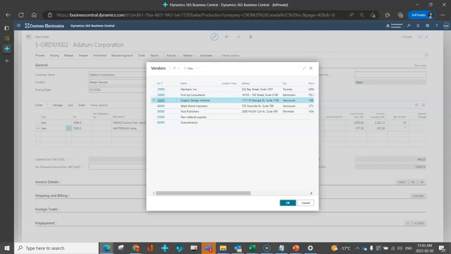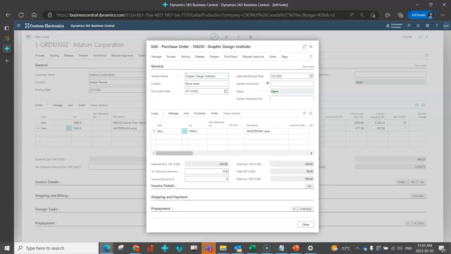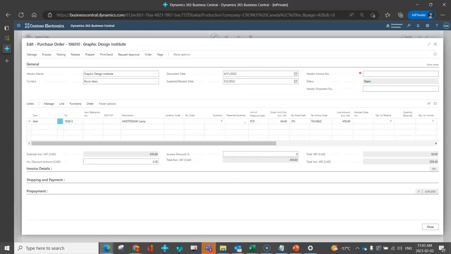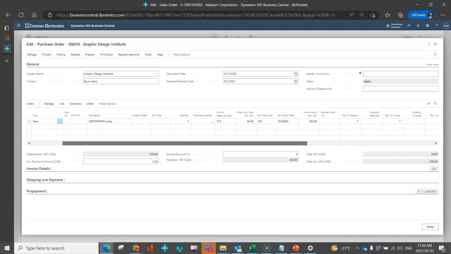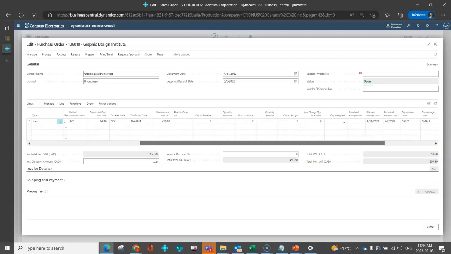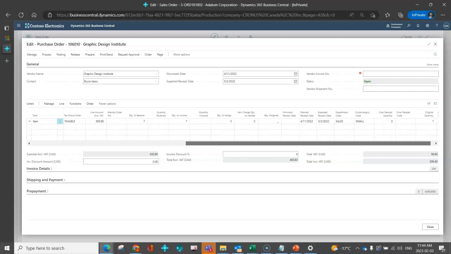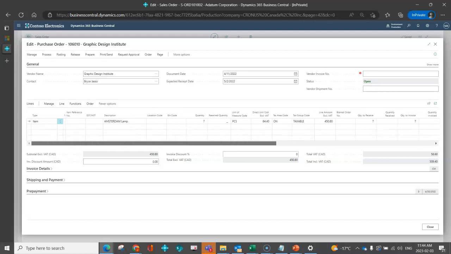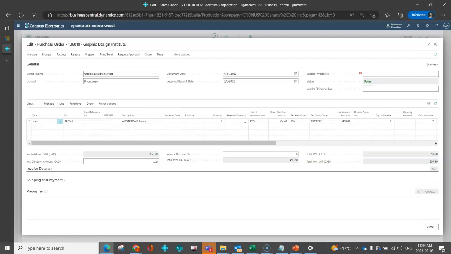What this is now doing is creating me a purchase order for that vendor, for that item, for the quantity that was on the line. It can consider things like your purchasing unit of measure and purchase pricing that you have set up. But essentially here now, we've got a purchase order that we didn't need to manually go and create. If you're in an environment where you want to have that connection between the two, so the planning worksheet or requisition worksheets won't work, this is a really great tool and option.